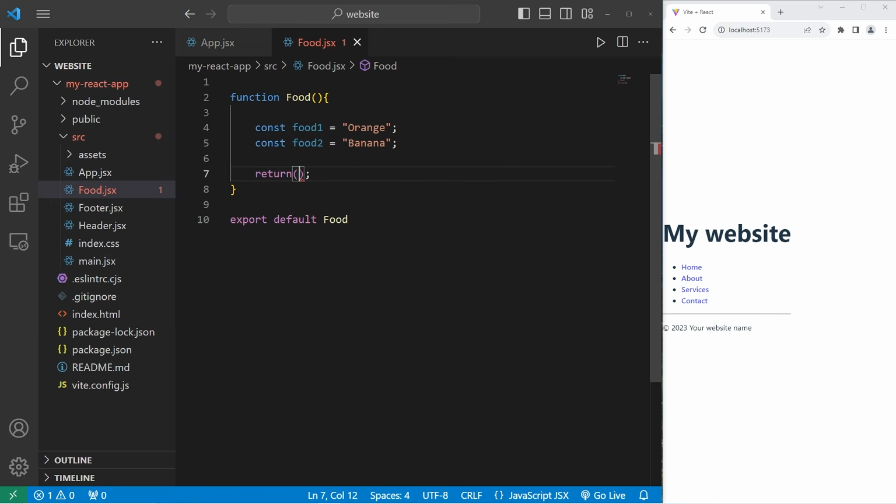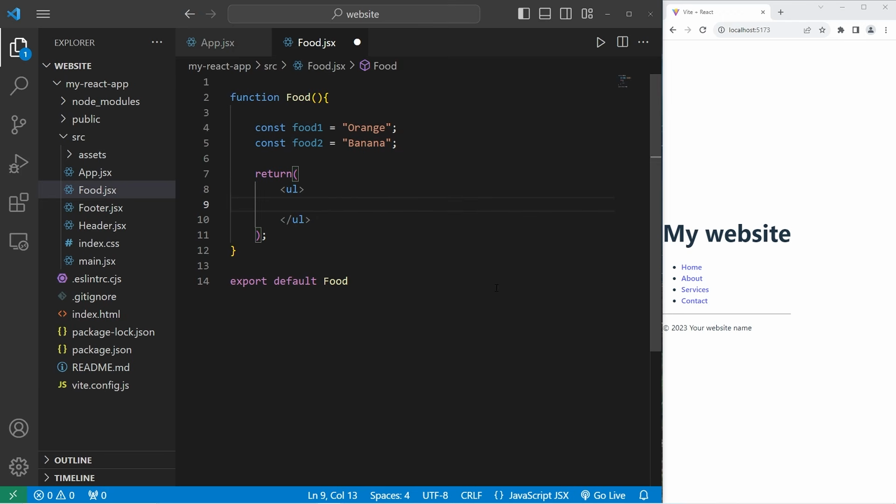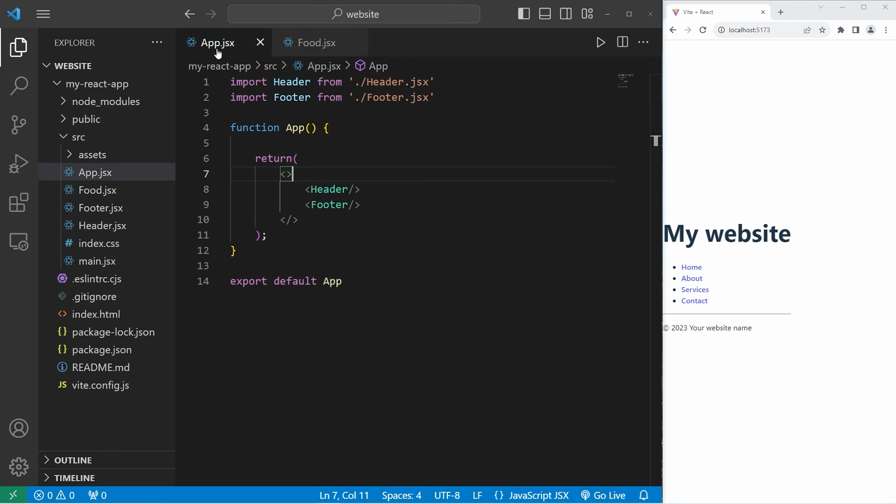Within the return statement, we can utilize these constants. What do we want to return exactly? I will return an unordered list. We'll have a few list items. 3 to be exact. My first list item, I'll just add some text. I'll add an apple. Just to be sure that everything is working, let's import this food component from our app